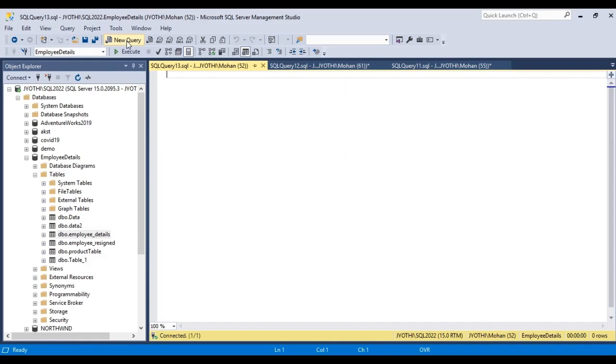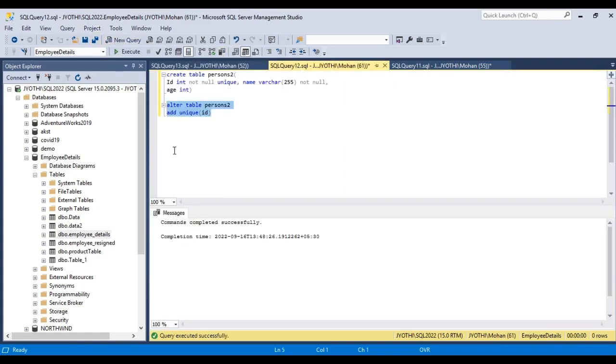So let us see this with an example. Here we have already created the table persons2, where ID is not null, unique, and name is not null.